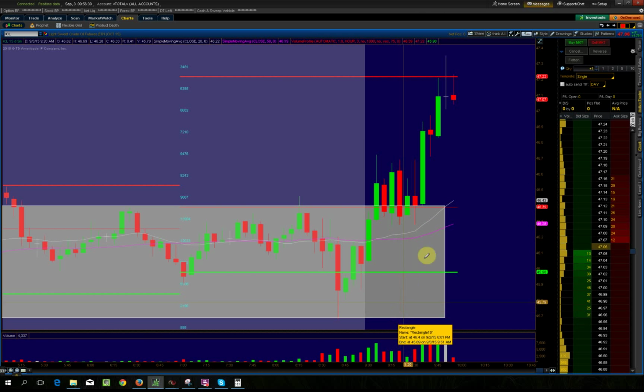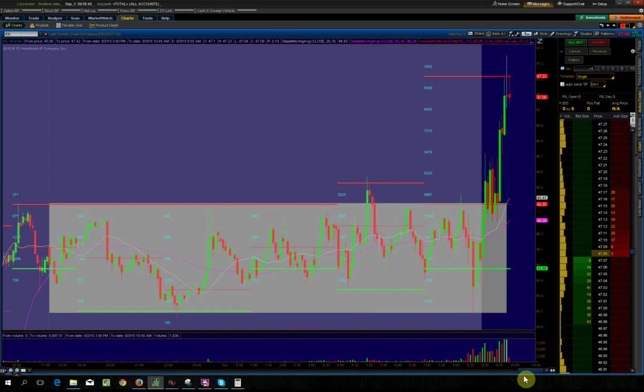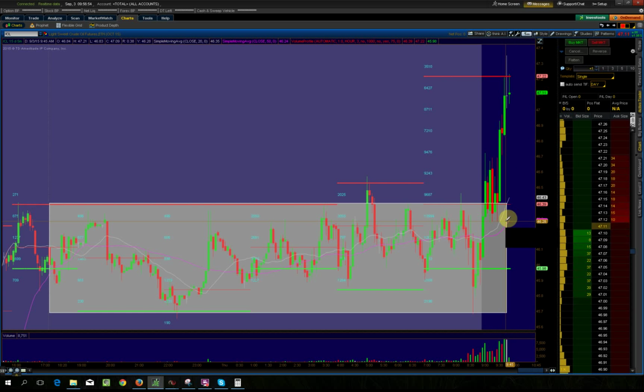The main thing is that I looked at the probability here and I said, it's not worth taking, right? And of course, in hindsight, you kick yourself and you say, I should have taken it. I should have had enough patience or balls or whatever you want to call it, and held on to this trade, and I would have made 100 ticks off of that. And how great would that have been to capture that on video. But